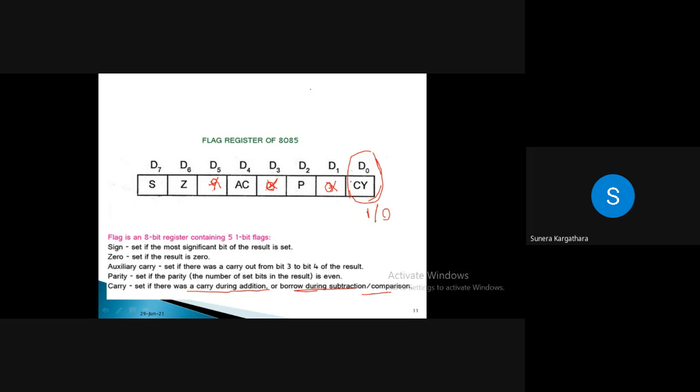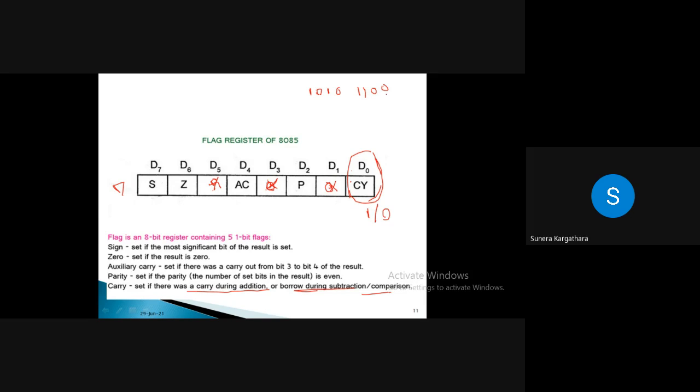Ma'am, one doubt. Are these flip-flops RS, JK or D? Generally, these are data flip-flops, D flip-flops. Generally, for the design of any memory, the flip-flops used are data flip-flops, right? Okay. Yes, ma'am. Got it.